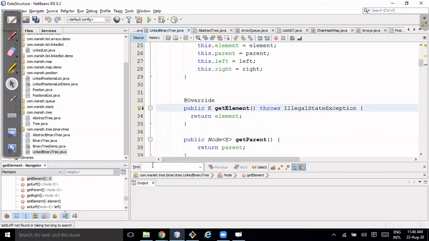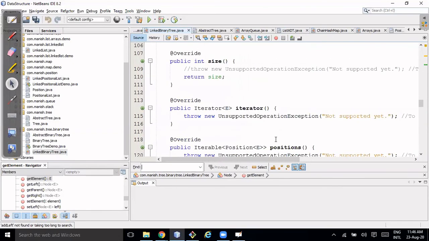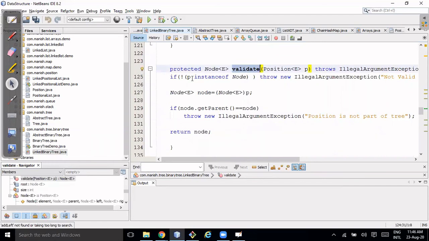This is the validate method. I'm checking whether p is an instance of node or not. If it is an instance of node, then only I can cast it; otherwise, it will throw an error. Once this is done, I'll check whether node dot get parent is equal to node.